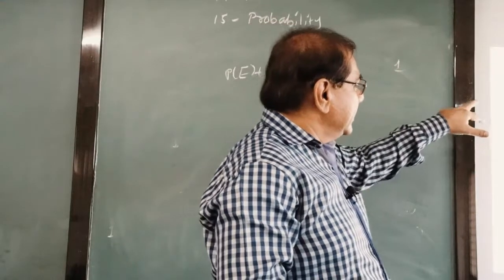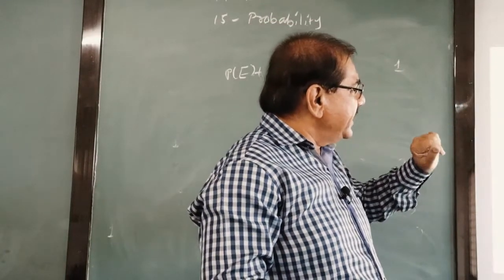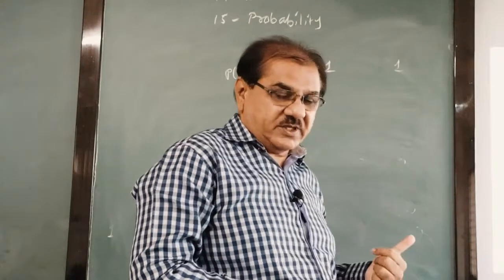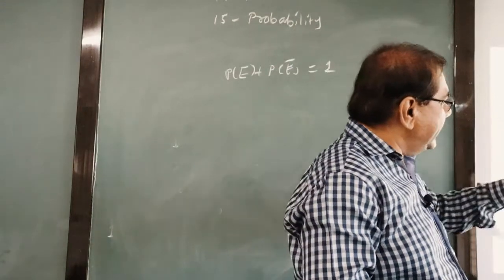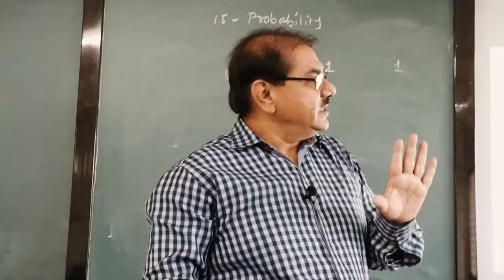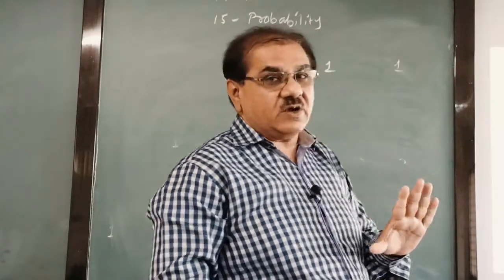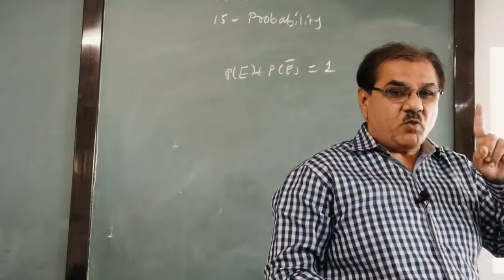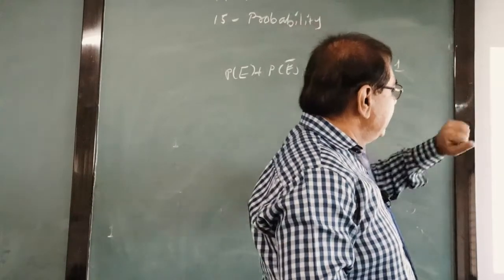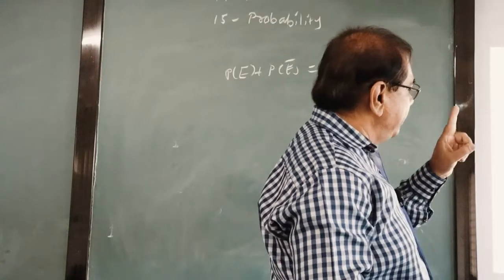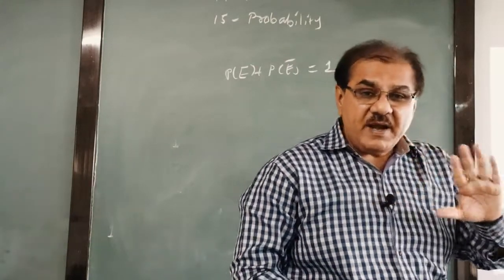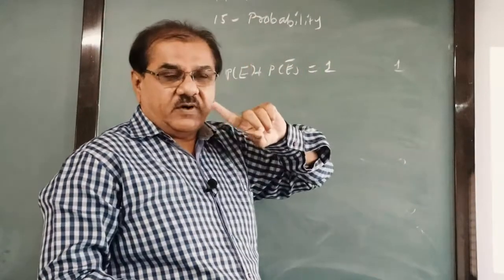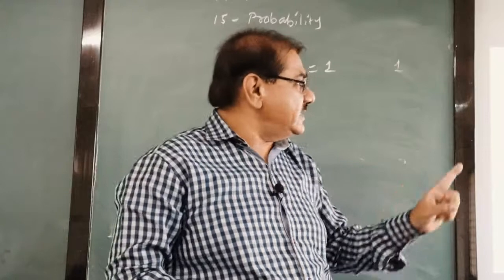Third one, the probability of an event that is certain to happen. In the case of this we see 36 upon 36. So this event is certain to happen, so it is known as a certain event, or it is called a sure event, and the probability of such an event is 1. Number 4, the sum of the probabilities of all the elementary events of an experiment. In the beginning only today we saw the sum of the probabilities of all the elementary events is always 1.